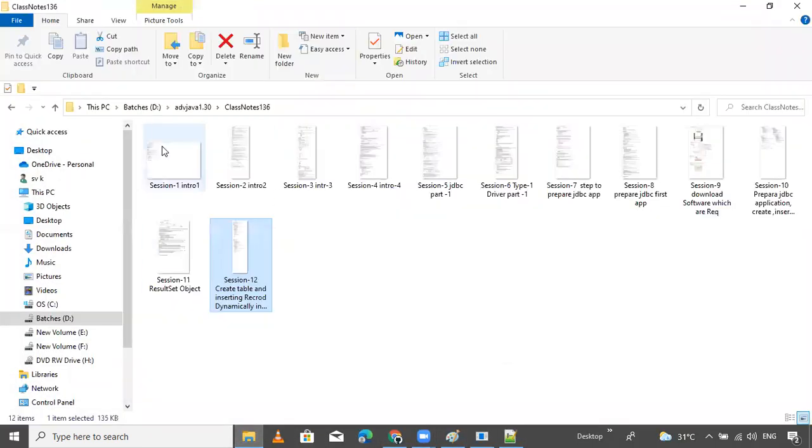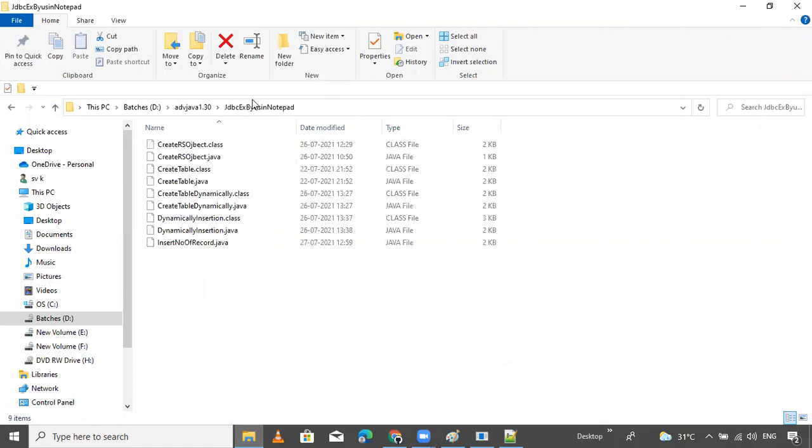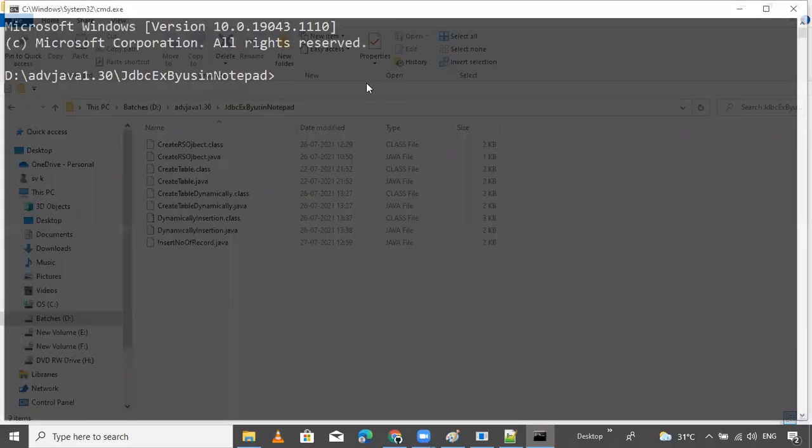So go into this folder, come here, not here. Open command prompt, cmd. Now I want to execute the program, javac first. At the time of compilation, set classpath is not required, but at the time of execution, set classpath is required. So now javac, what is our class name? InsertRecord. If any error is there,